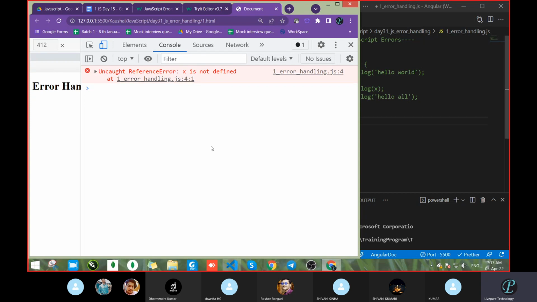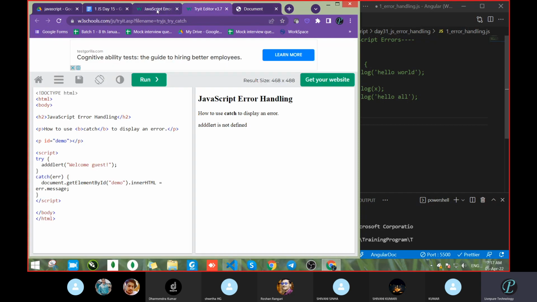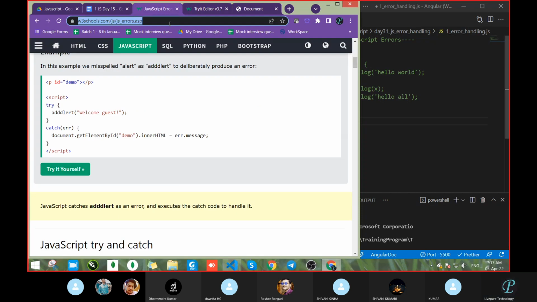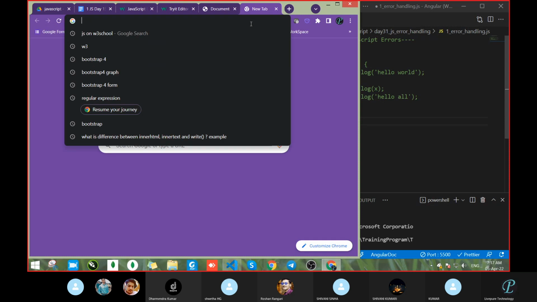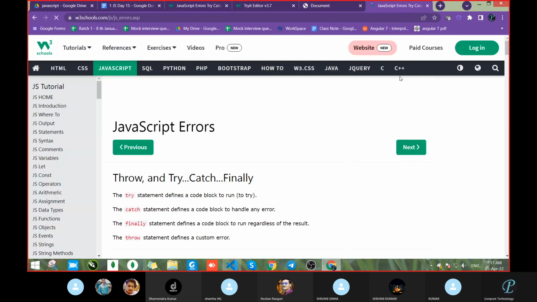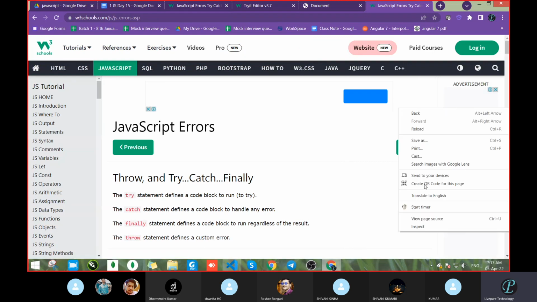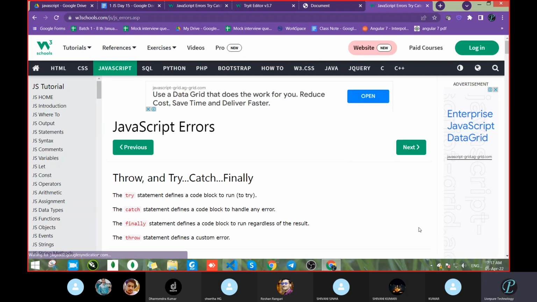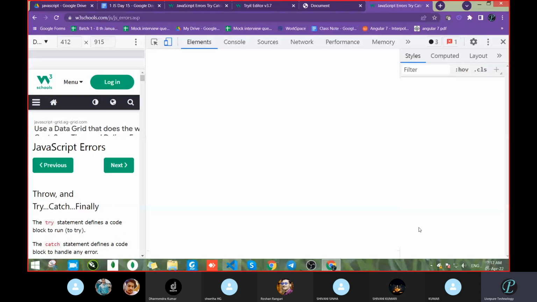Suppose you are logged in and trying to register. One second, wait, I'm showing you. Take care, this is most important when you start writing the backend side. Handling the error and giving the proper information to the user is the main thing.